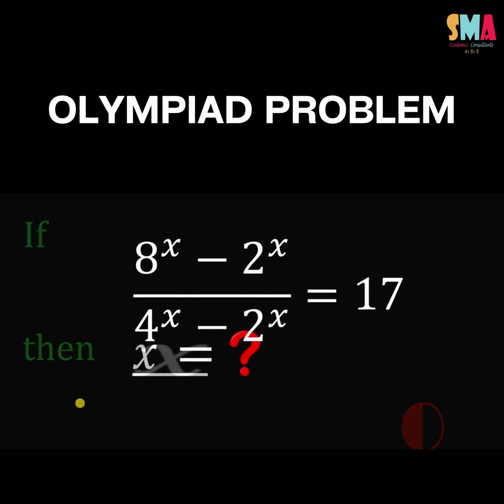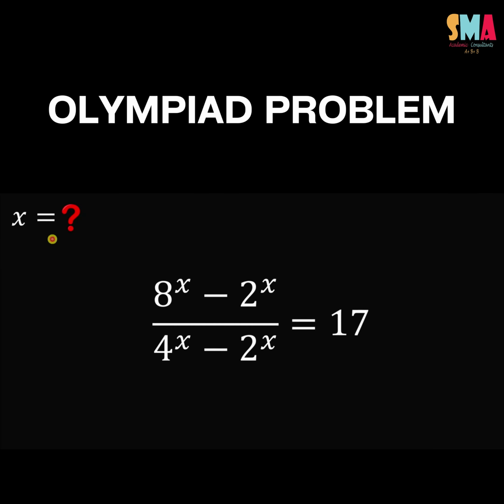And now, let's answer this question together. Alright, so our goal is to solve for the value of x that satisfies this equation: 8 raised to the power of x minus 2 raised to the power of x, all over 4 raised to x minus 2 raised to x, equals 17. Alright, to answer this question, take note of this 8 raised to the power of x,